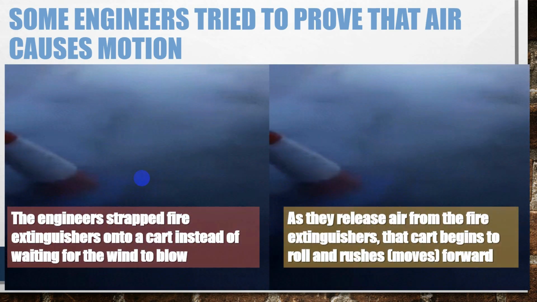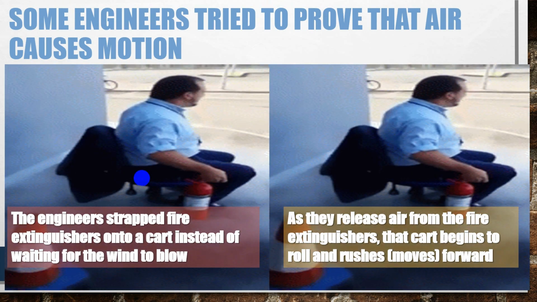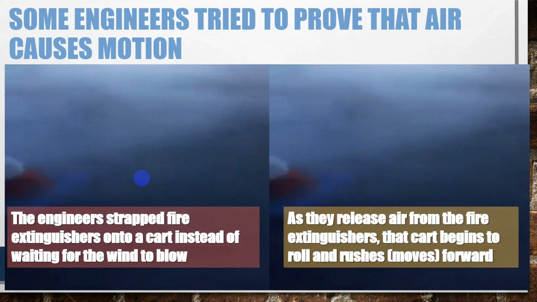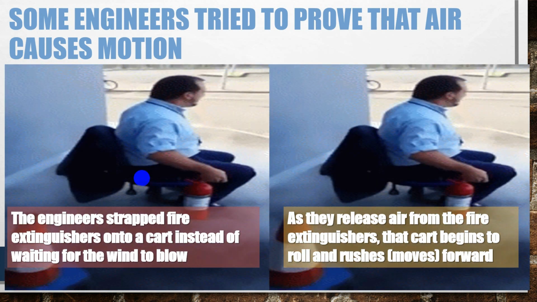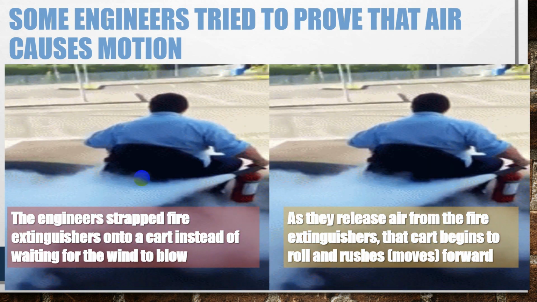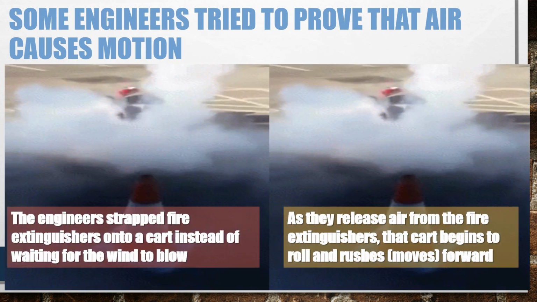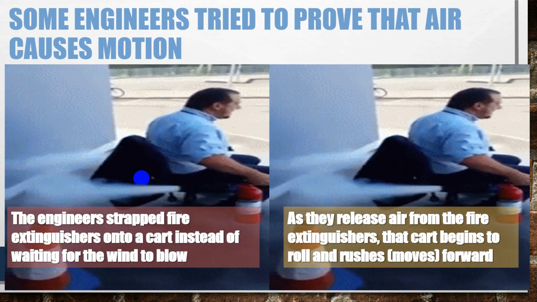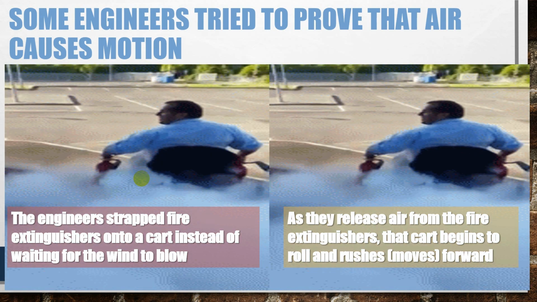And when they released air from the fire extinguisher, the cart began to roll and move forward. And that means air can make objects move a distance from one place to another, as we can see here